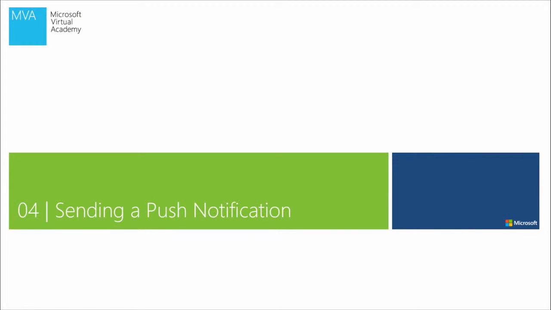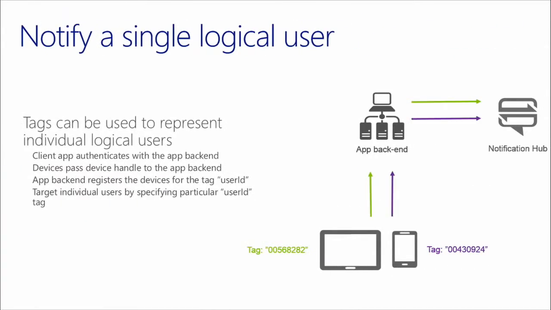So moving on to our fourth module, we demoed sending a push notification, but we're going to talk through some different scenarios that you might come across: sending to a single logical user, sending to a group of users, or broadcasting to everybody, and talk through the benefits at each stage that you get with Notification Hubs. So if you're going to represent a single logical user, a tag can be used to represent that